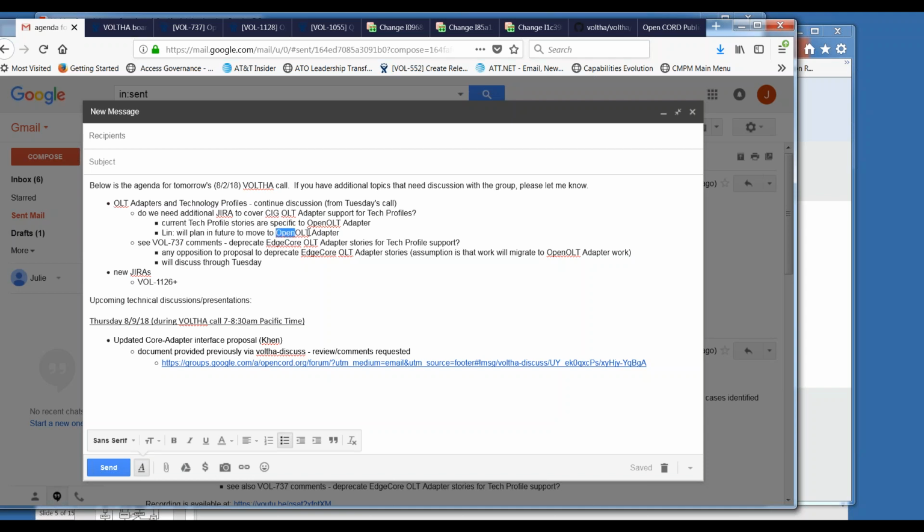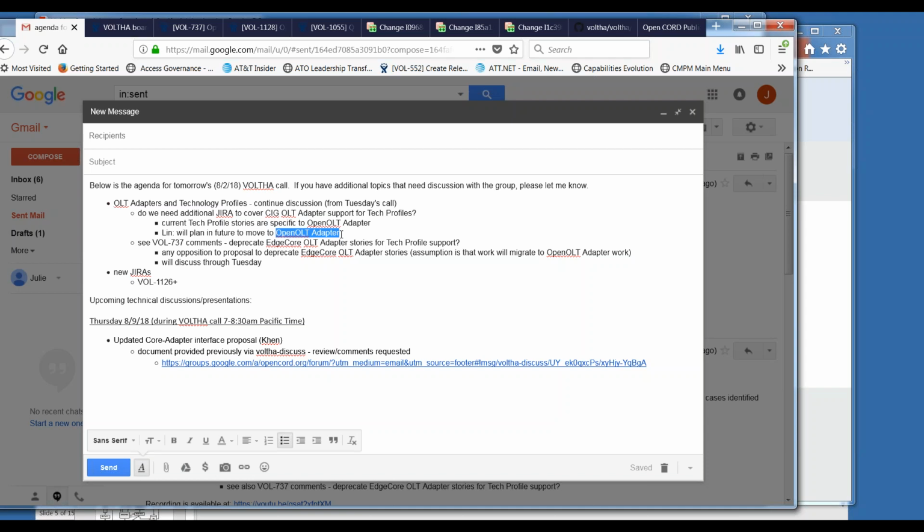In principle, if you go with the OpenOLT adapter, then that's something that's maintained by the community in general. We've got modules for that. If you move forward with maintaining the CIG adapter, then it's your responsibility to keep it updated with each release and with new functionality that's needed, and to keep it in lockstep with core and all of the other work going on.